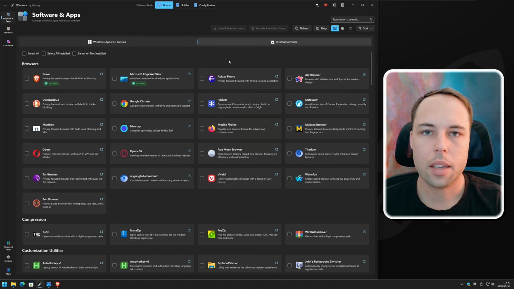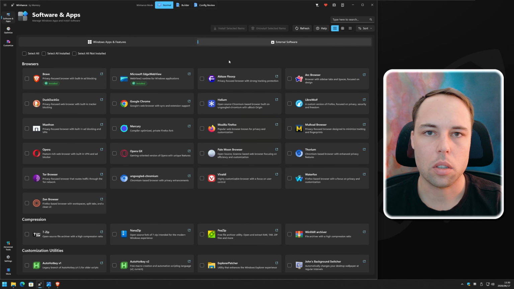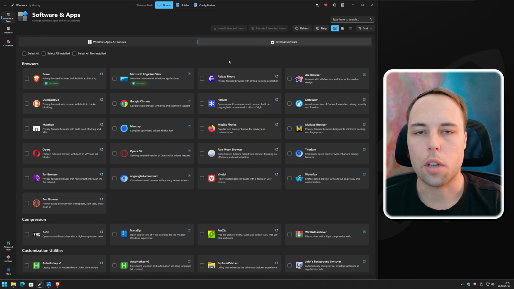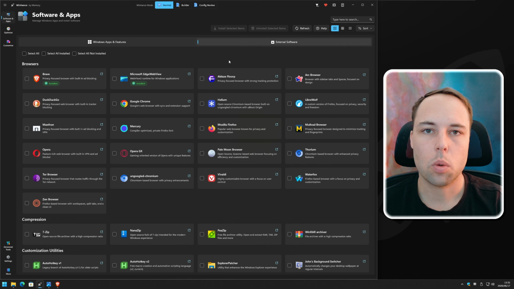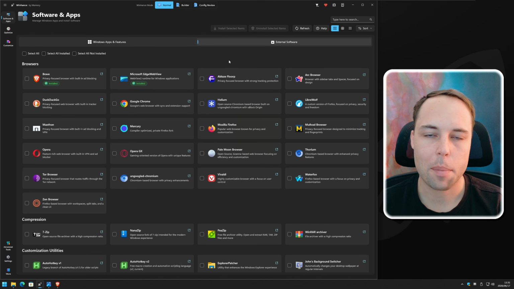You just select the items that you want to install, click on install, and then you walk away. And when you come back in half an hour, all of the software that you want installed is already installed for you without you having to manually click through those boxes. Now, I do understand that you don't have the option of choosing where those items are installed, but that's also a limitation in something like Winget. It by default installs to your app data directory or you can install it system-wide to the C drive, but you don't have a dedicated place where you can say, I want all of my apps to be installed on this specific location.